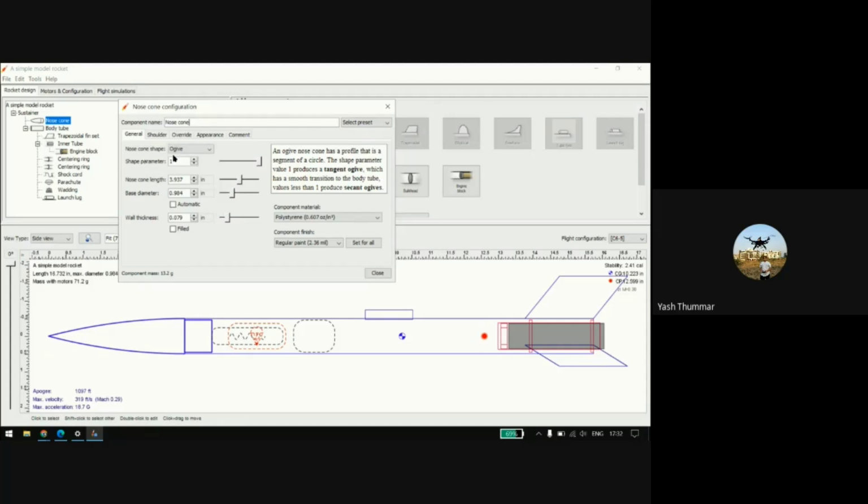There are general settings, as there are a lot of types. Here you will find some of them: conical, ogive, ellipsoidal, power series, parabolic series, and hex series. As Ruchira said, for experimental purposes and student model rockets, they mostly use the